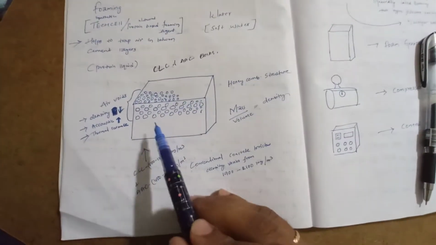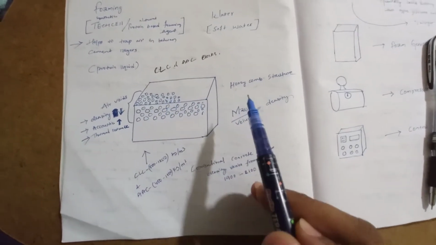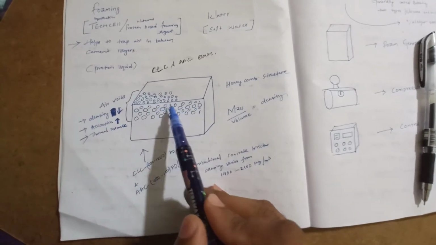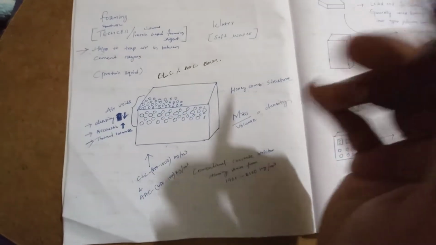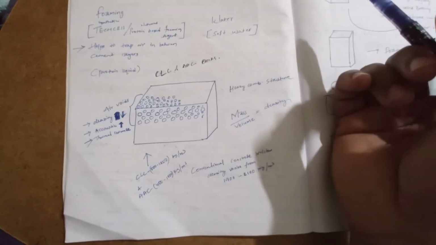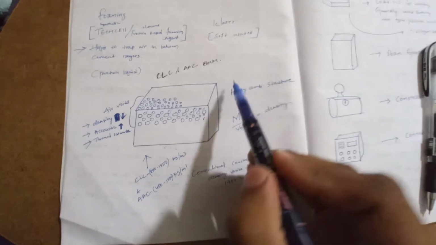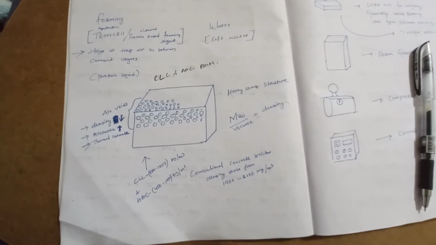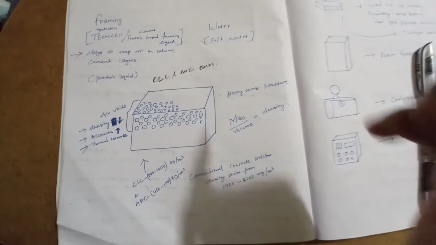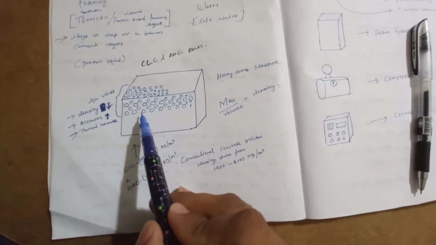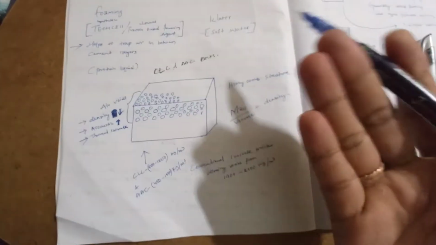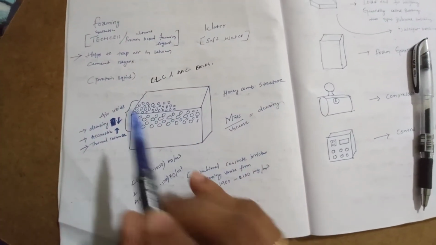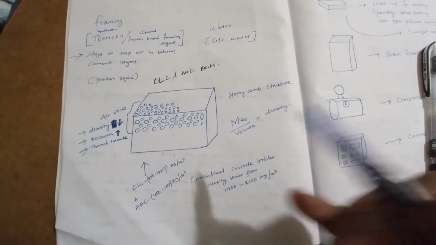Firstly, if we consider a CLC block or AAC block, both are of cellular type. So what actually is cellular? These small things that look like voids. They are air voids which form a cellular structure, similar to a honeycomb structure. This cellular structure makes the brick very light. They form a type of layer in between the concrete base. This is what makes a cellular lightweight concrete brick or AAC brick.